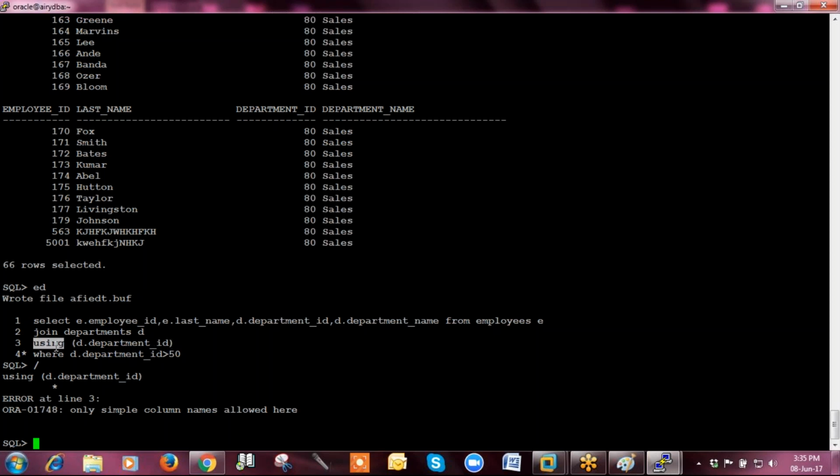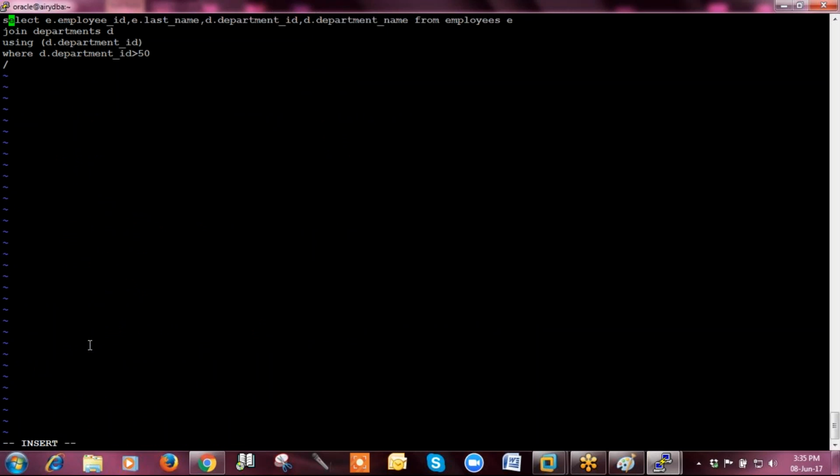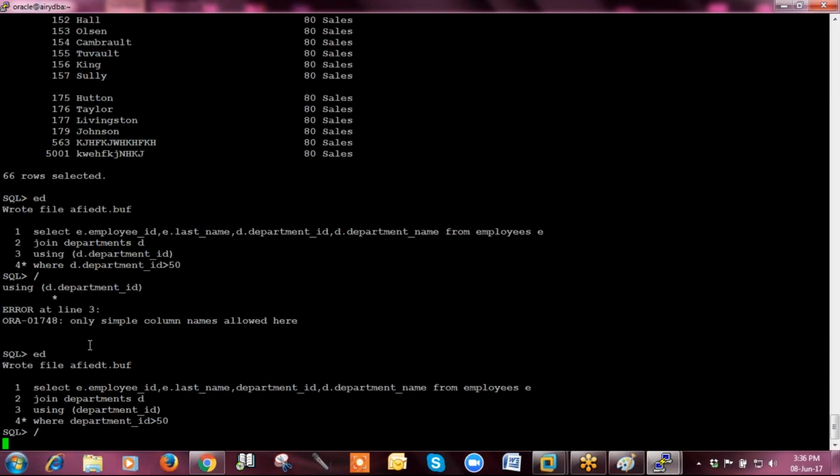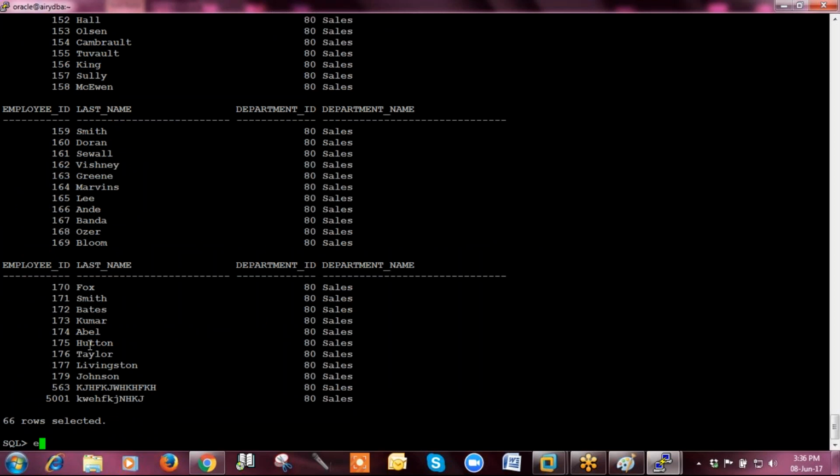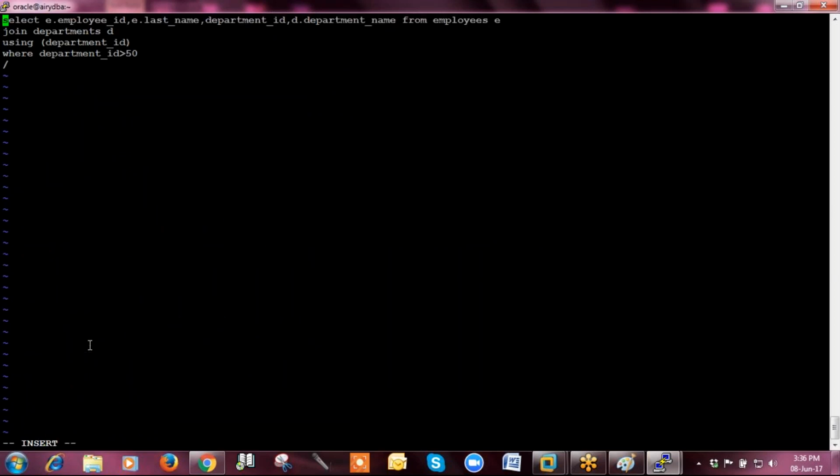But as per the rule of the using clause, this name should be present in both the tables. So where that department ID is coming, I cannot use the table aliasing. I just have to remove that table aliasing from that department ID column. So now it will work.